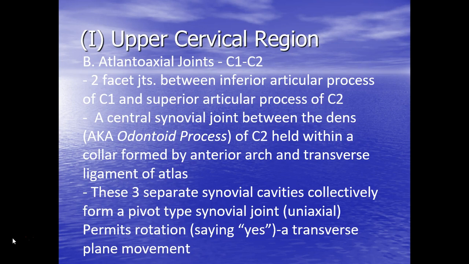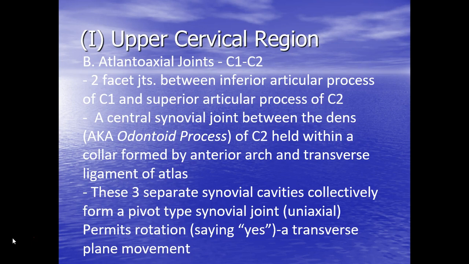This joint actually consists of three separate synovial cavities, or three separate synovial joints. It has the two facet joints between the inferior articular processes of C1, at the bottom of the lateral mass of C1, and the superior articular process of C2. And then in addition to those facet joints, there's a central synovial joint between the dens, or the odontoid process,